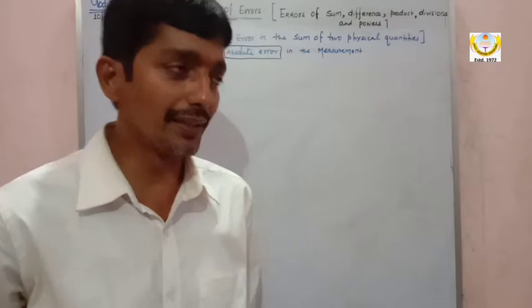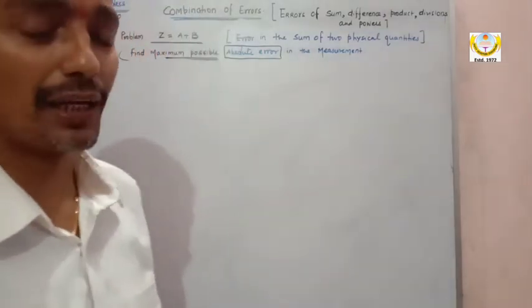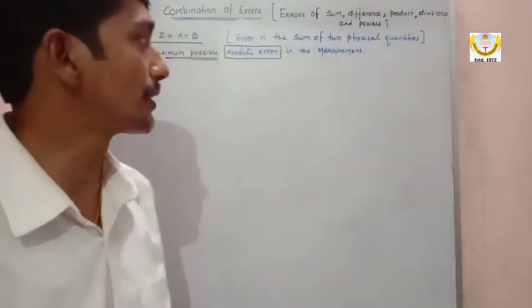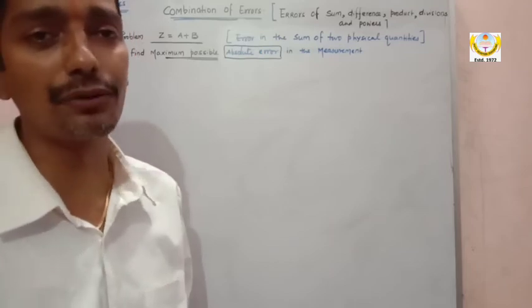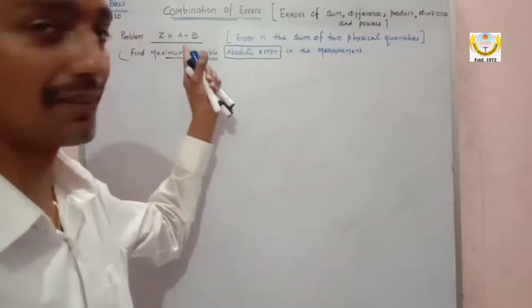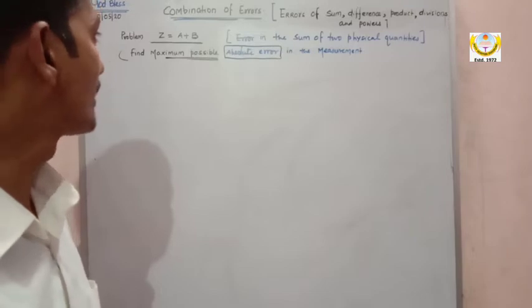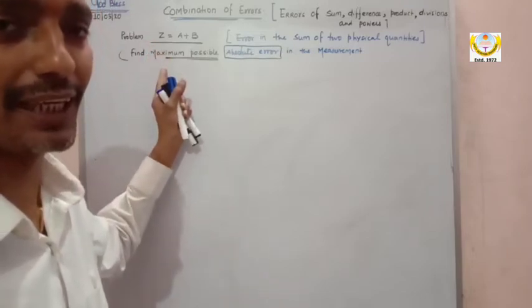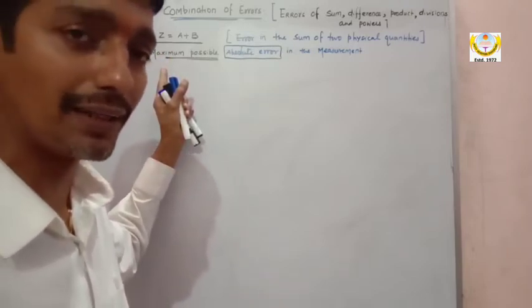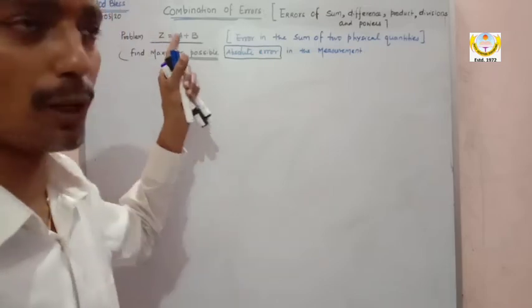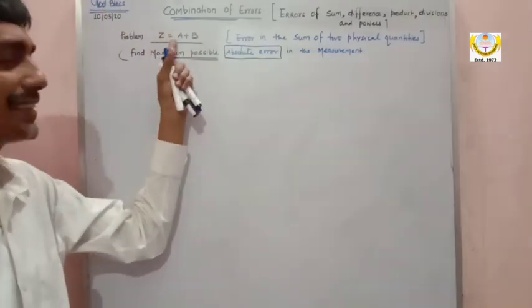Now my dear, here I have taken the first example on error of sum. How to do the sum, error in the sum of two physical quantities. Here I have given one theory. Let us understand this theory first and then we will apply these things on numericals. Okay. So suppose the problem is given of this kind, that z is equal to a plus